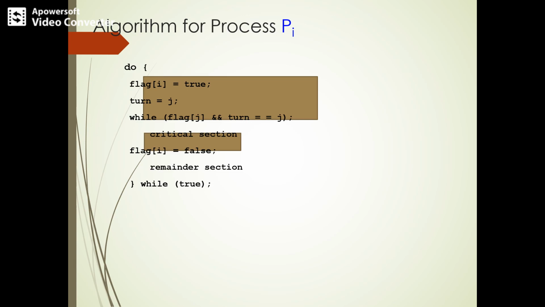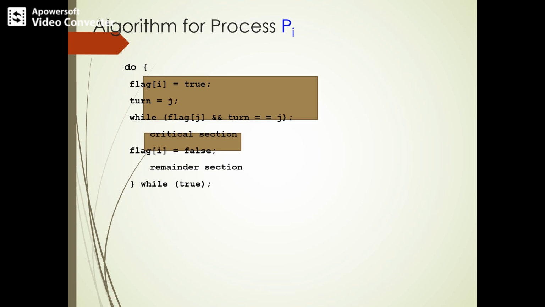So this solution will ensure that only one process at a time can be in the critical section. However, it does not satisfy the progress requirement. You can observe that flag of i is true. This value indicates that process Pi is ready to enter the critical section, but whose turn is it to enter?